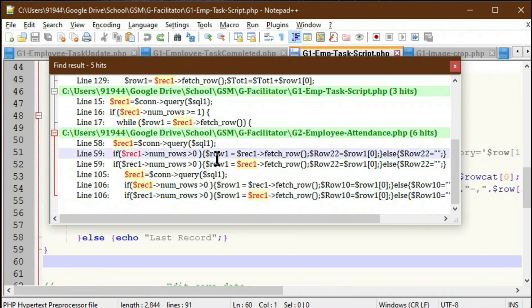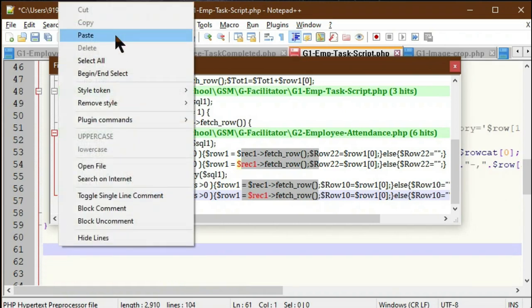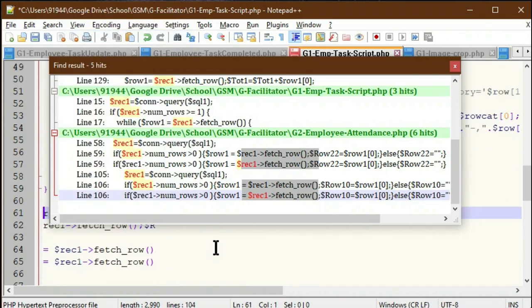We can also copy a rectangular selection, that is, we can select some particular rows and copy them. For that you have to position your cursor, then press the alt key, then by mouse dragging you can select the rows you want to copy. Then only by the Ctrl plus C method can we copy these rows. You can paste it and use those particular columns in other files.